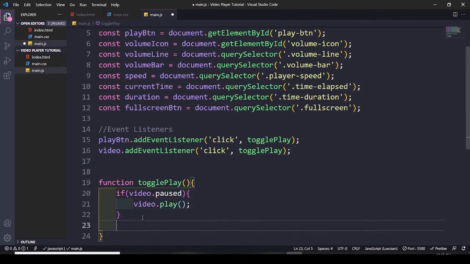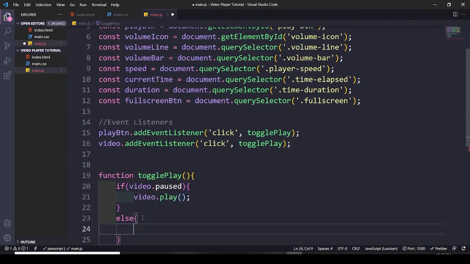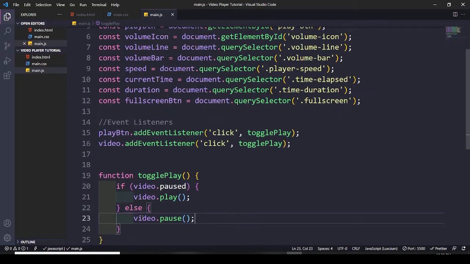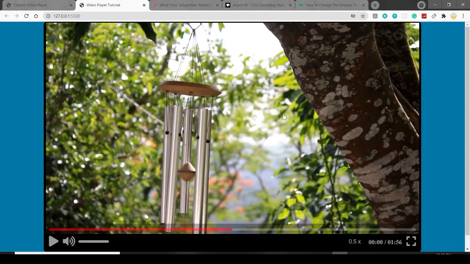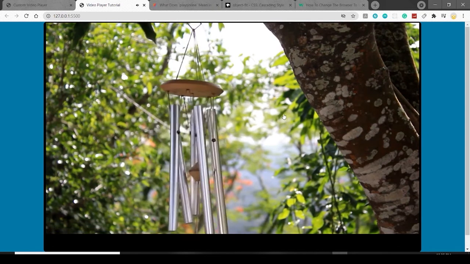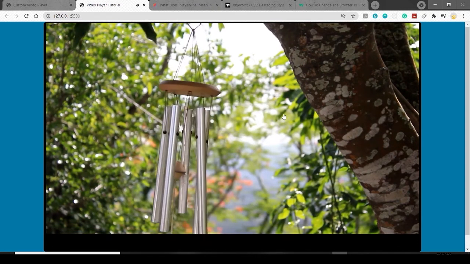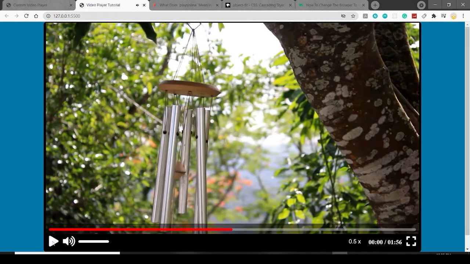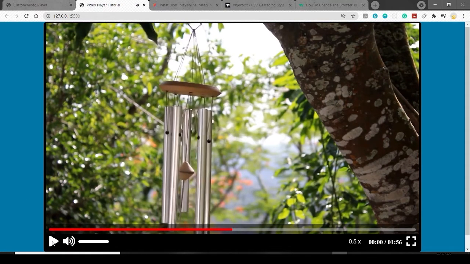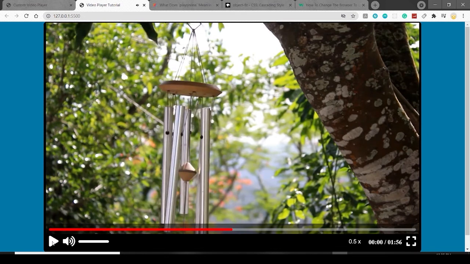Else, the other condition would be video not paused, pause. Okay, save it, move on to the browser, and when I click here, it is playing. If I click on the button again, okay,